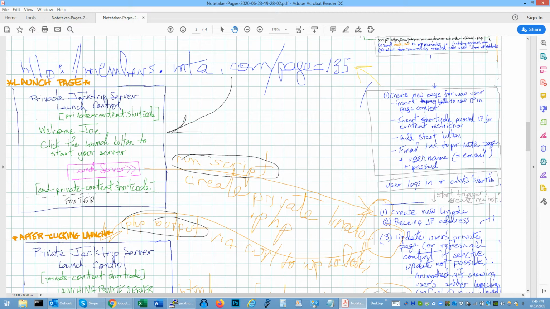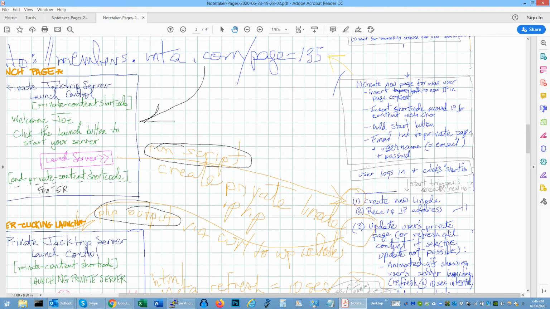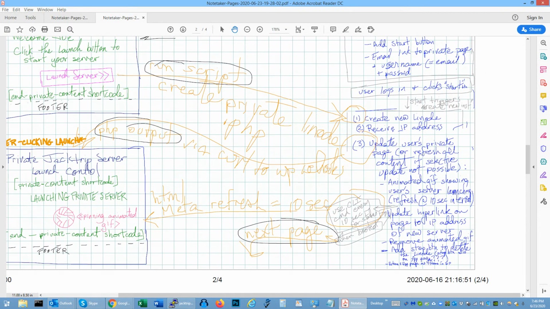Okay, so launch server will run a script, and maybe the script is called create private linode.php. And that script is probably going to be located on the CAS server. It'll run the Linode CLI command to create a new Linode. And the output of that command, as we already know, is just an IP address. And then what we can do with that is update the user's private page